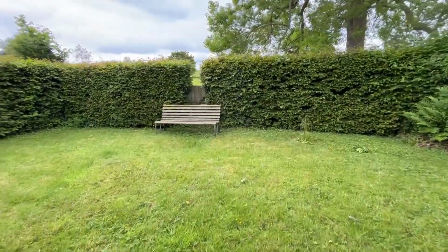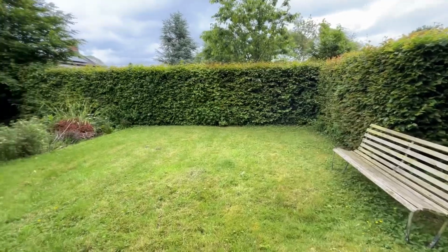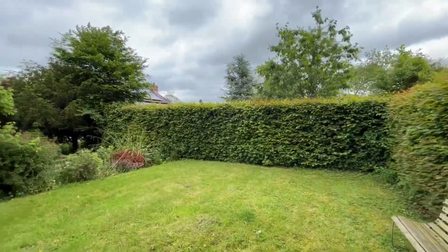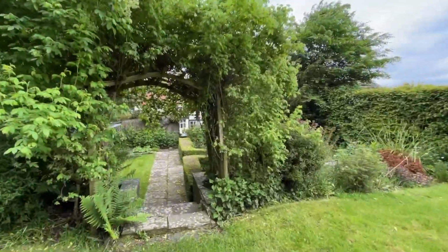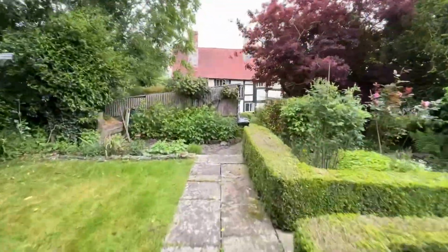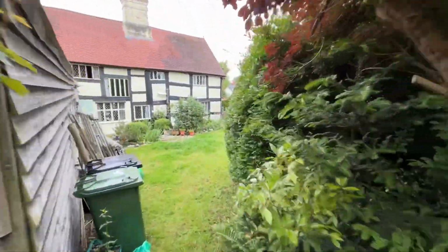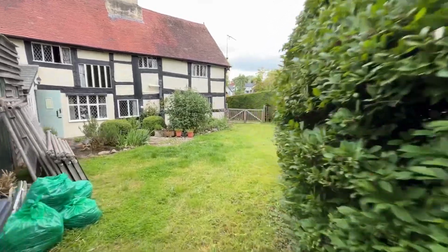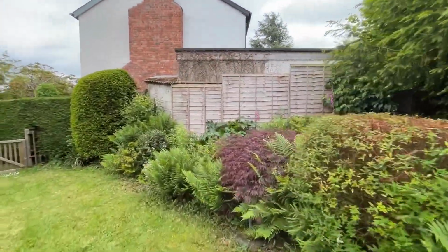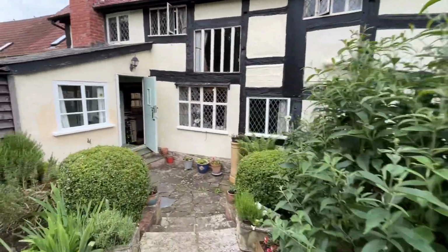And then into the upper tier. Very flat here. Possibly even put a little bit of a croquet lawn on. Depends what you're into. But you can see very private and a nice size. As you then come back down, you could take all this foliage out if you wished and just have a bigger open garden. It's quite nice having the segregation. Loads of flowers in here, nice aces and things. That was the access that I mentioned, and we'll go and have a look